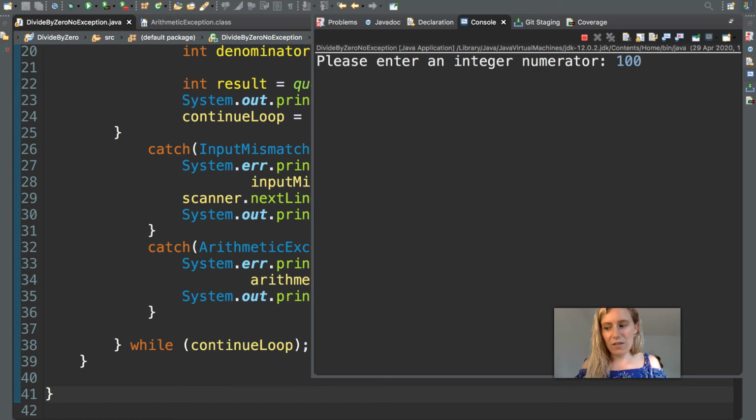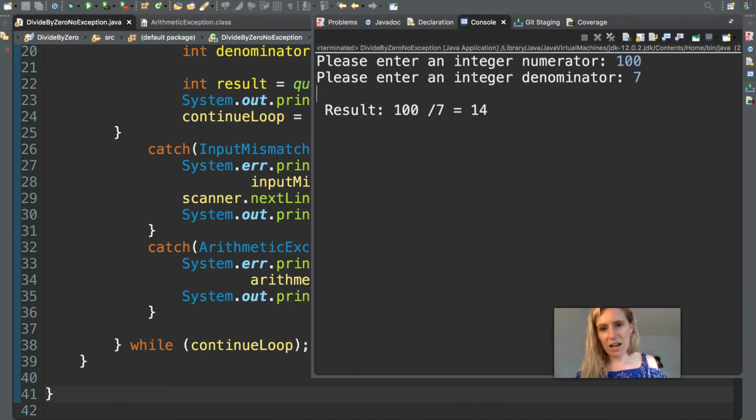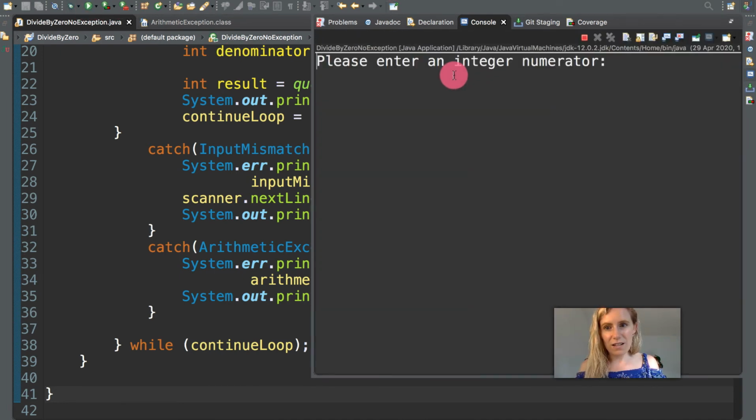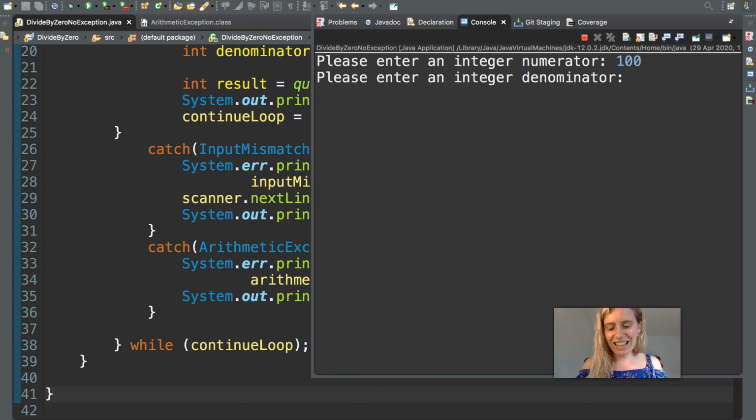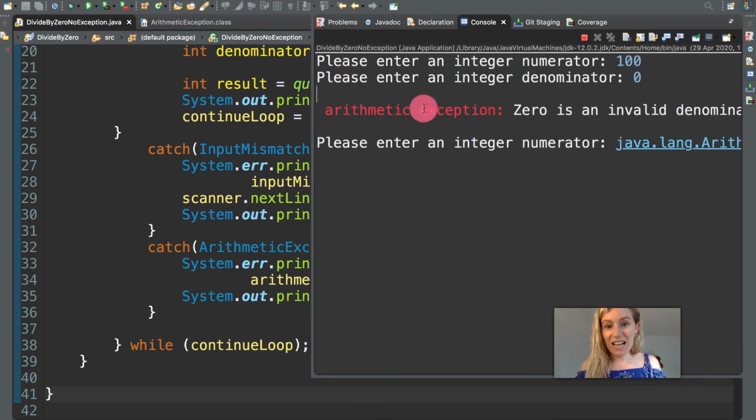And so if I have 100, again, 7, yay, run it again. So that little bit long way of doing it, but it works. 100 and then 0. And you can see the arithmetic exception